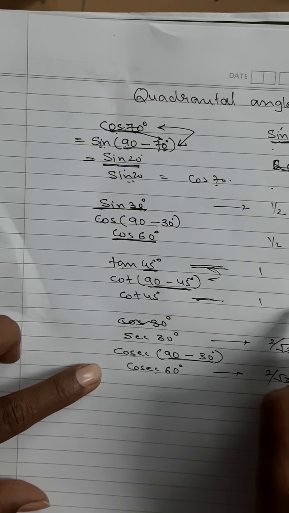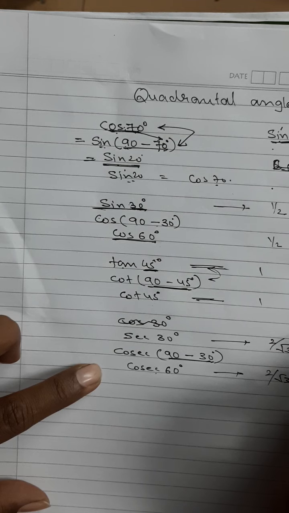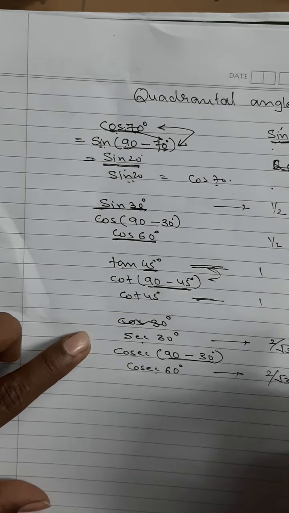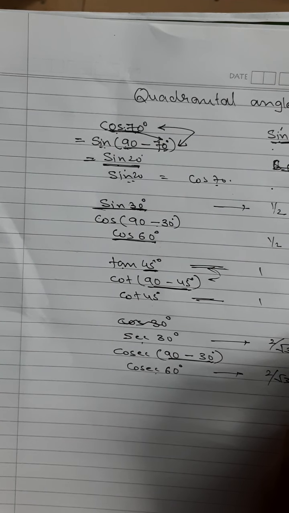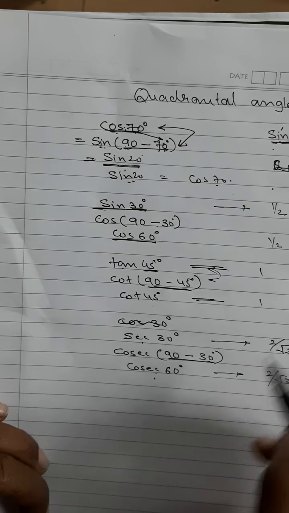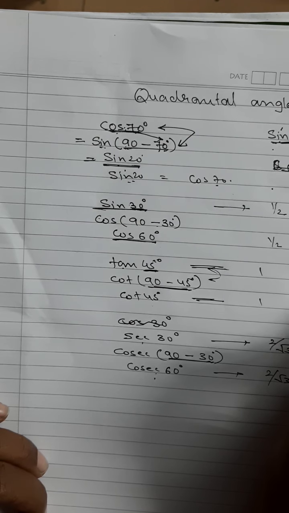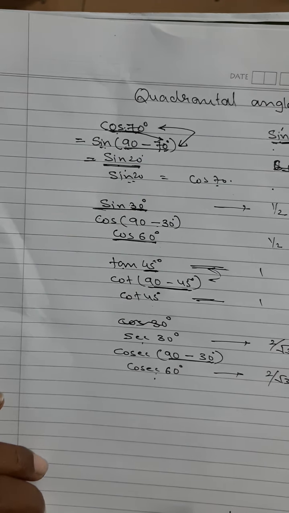30, 60, 90, this is going to be 2, so half, 30 degrees half, a side opposite 30 degrees is half of the hypotenuse. This is root 3. So sec 30, sec is what? Hypotenuse upon adjacent side, 2 upon root 3. Cosec 60, cosec is what? Hypotenuse upon opposite side.